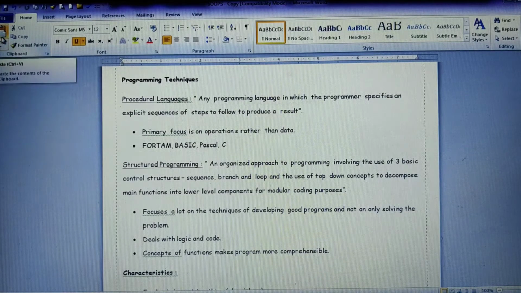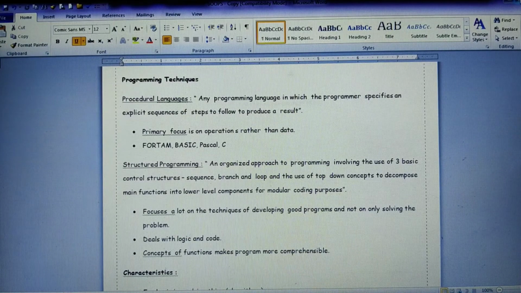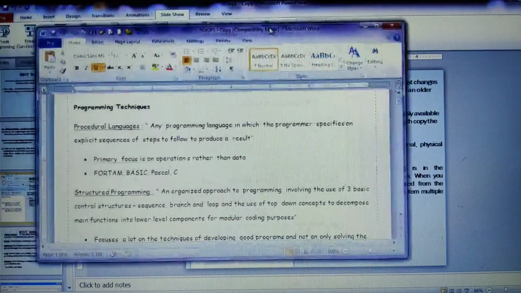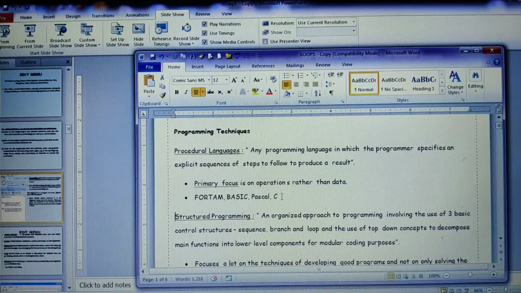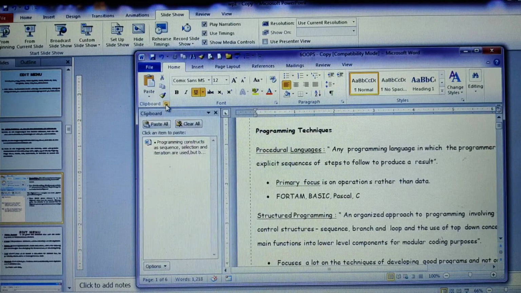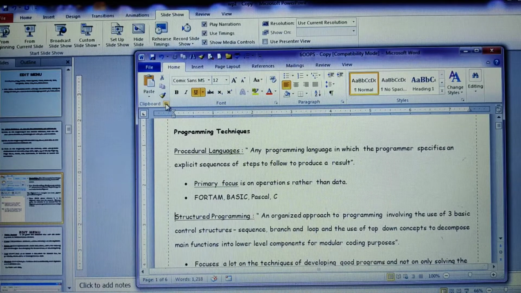You can just minimize this one. Yes, here you'll be able to see clearly. Now I have cut it, and I want to go for the paste. Before you cut, look at this clipboard. Here I have clicked it. Under the Home tab, you have all these options, as I said: paste, cut, copy, paste and all. So there is a clipboard.